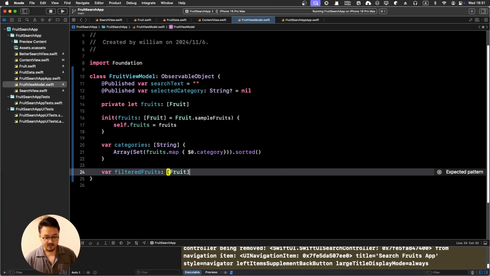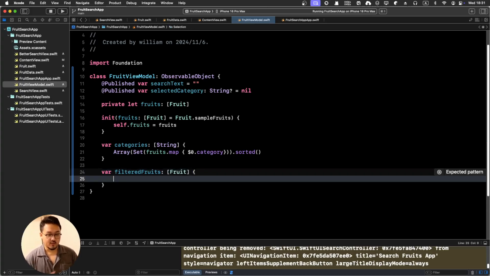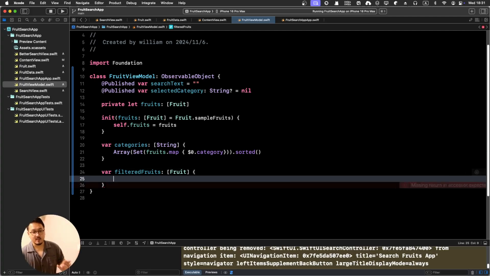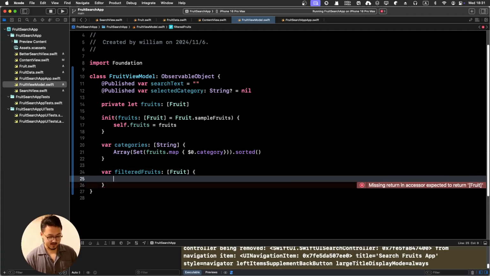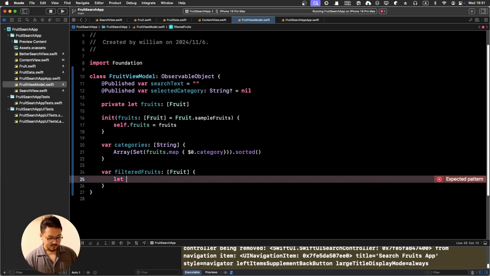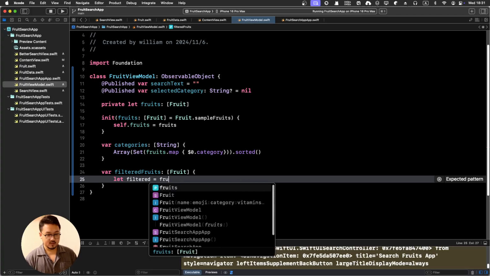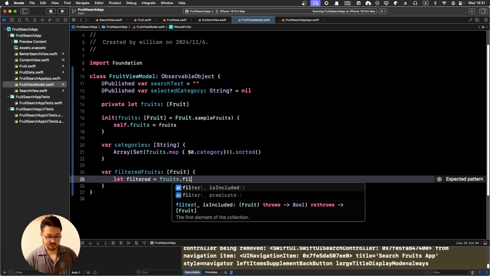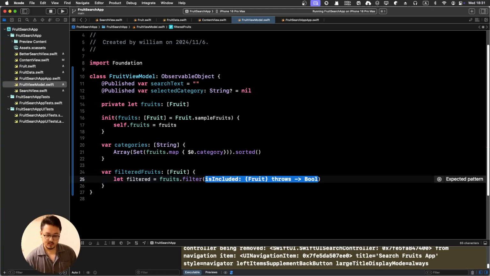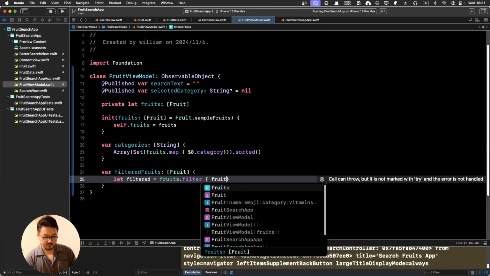Fruit or fruit? Yeah, just fruit. Okay, and remember we have the filtered as a kind of an intermediary. So that's our filter that equals fruits dot filter. Okay, and include fruit throw boolean. Yeah, we're going to add a trailing here. So for fruits in,